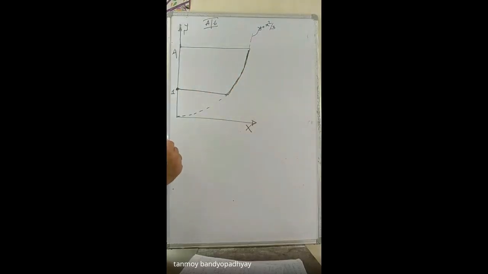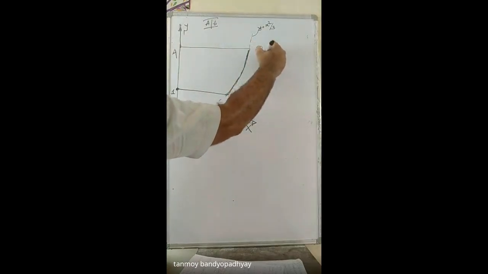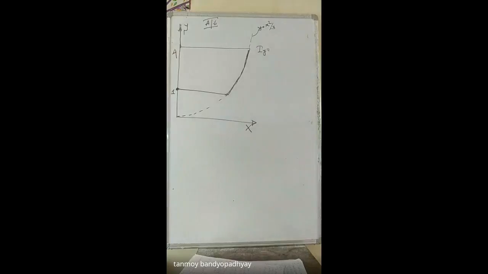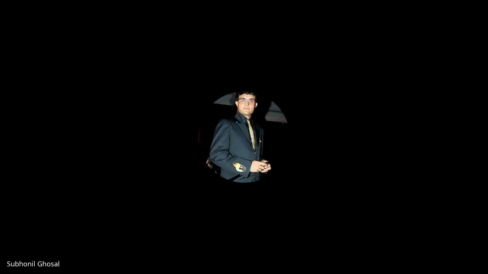So, what does it ask us to calculate here? We have to calculate Iy. So how do we do it, just give me some idea. We had done this sort of problem in the last class. What type of element should we take, horizontal or vertical? Horizontal element. What will happen if we take vertical? Horizontal.